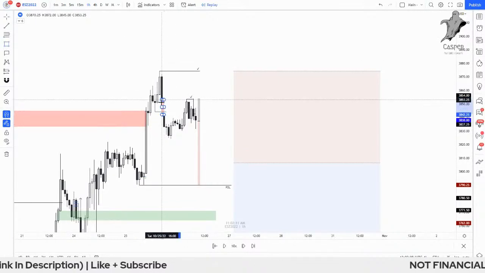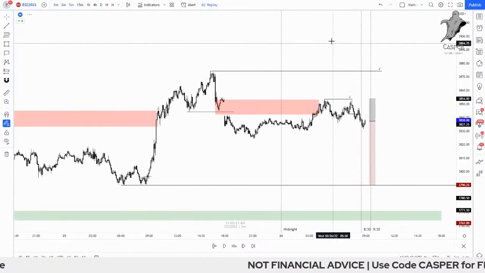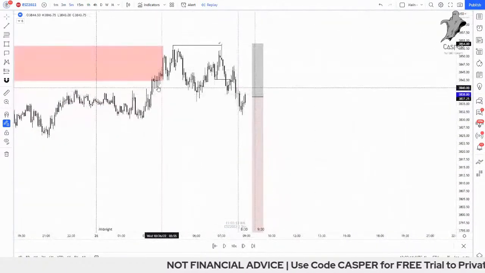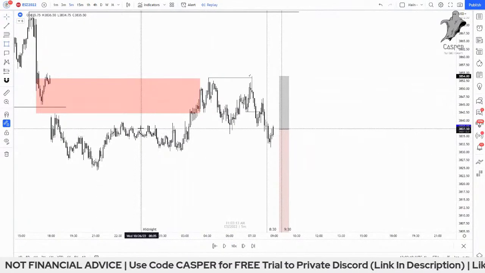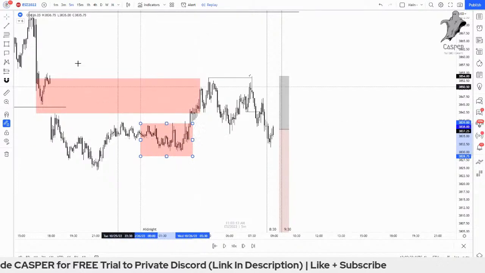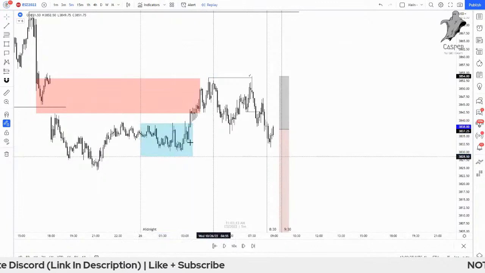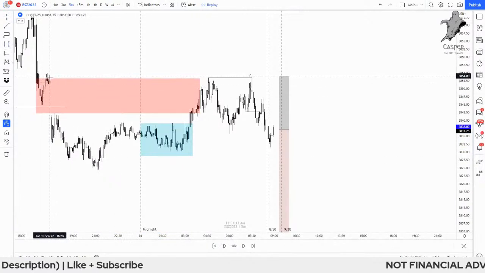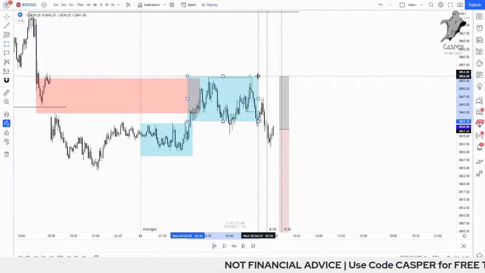So we had that 1 hour gap and price had come into it early in the morning. So another thing I was looking at was this accumulation right after midnight. So I was looking at that as a potential AMD, and it moved into the higher time frame POI. So I was looking at this as a potential little manipulation